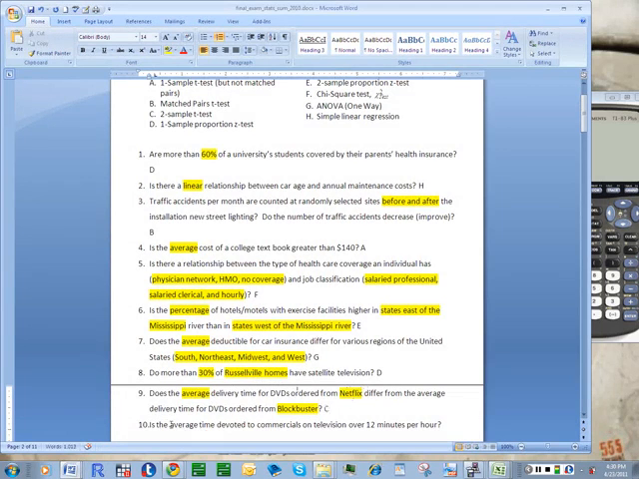And finally, we're looking at average time, and quantitative variable time, and we're looking at average on television over 12 minutes an hour. That's just one sample, so that is another